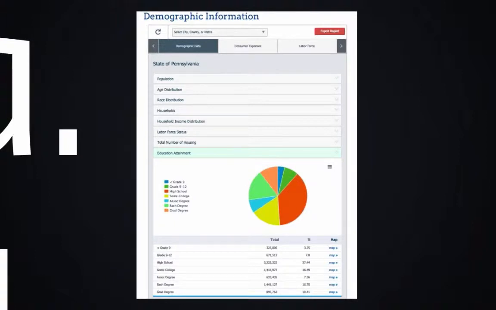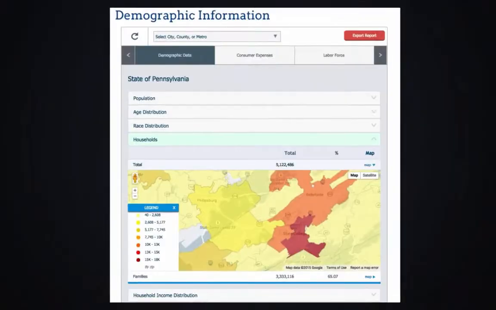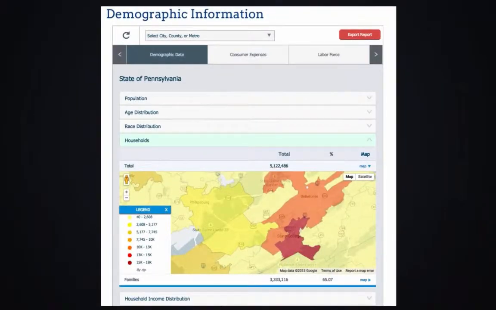We can export it. We can take a look at it on a map. If you'll see on the bottom in this particular intelligence component, you can click on the map and see it layered out there. We're going to talk about visuals in a minute, but sometimes you just look at those lists and it doesn't tell you the same thing that it would if you could see it on the map itself. And here you go. This is what happens if you click on that and choose to map it. At a glance, you can see where those layers fall